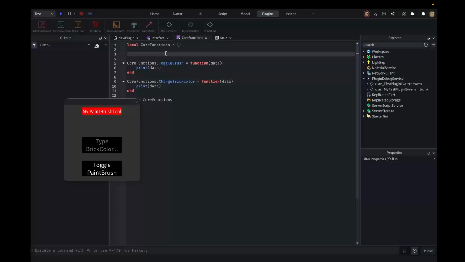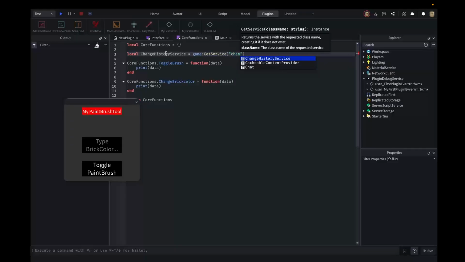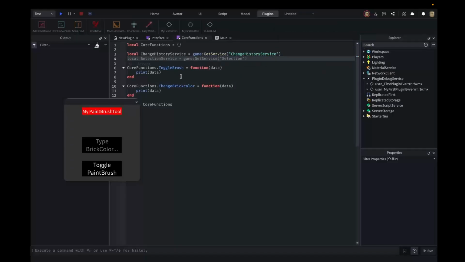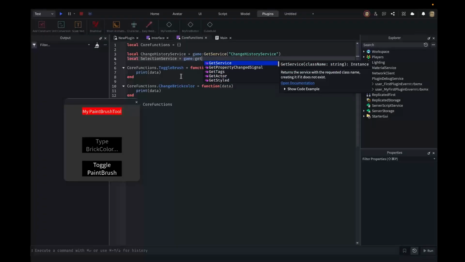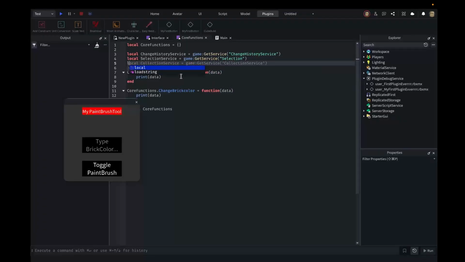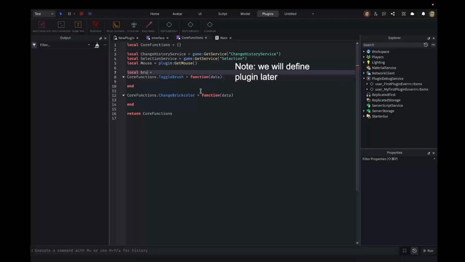Let's first start off by defining the different services. So local change history service is equal to game:GetService("ChangeHistoryService"). And then for our selection service, we make that one equal to game:GetService("Selection"). And for the mouse, we'll just do mouse is equal to plugin:GetMouse(). Now for the brush, we'll do brush connection